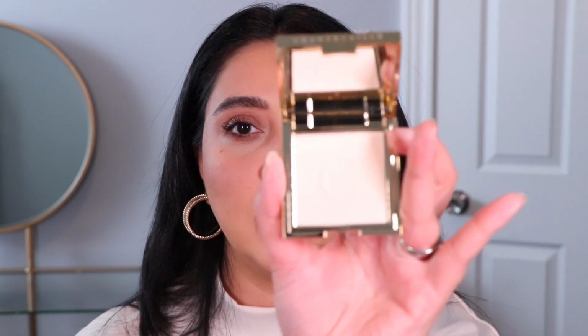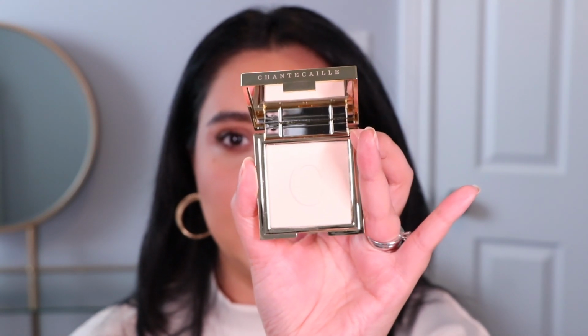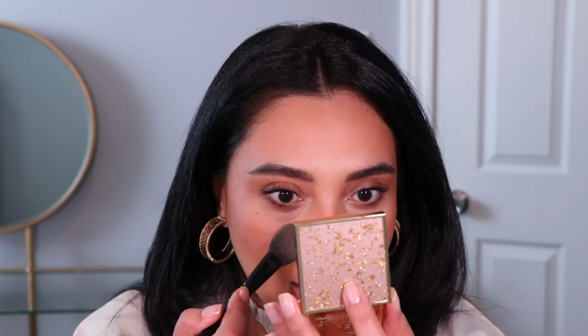Okay, so I feel like I need to balance out under my eyes a little bit. There's just something that's not sitting too well with me. So I recently picked up this Chantecaille Eclat Dew. It's the face powder. I thought this was limited edition, but it's available. The packaging of this is so beautiful. And I'm going to apply this more on the cheek here,